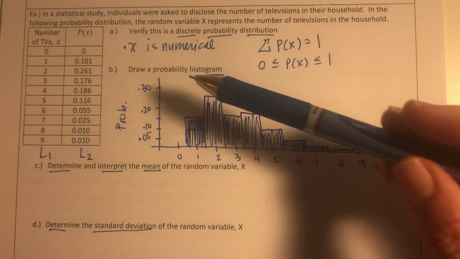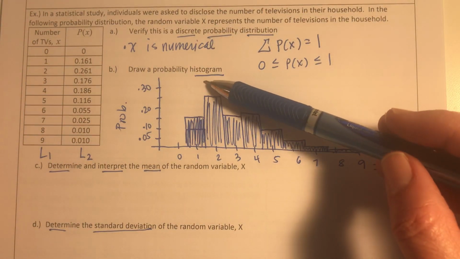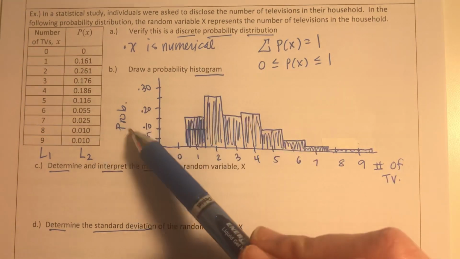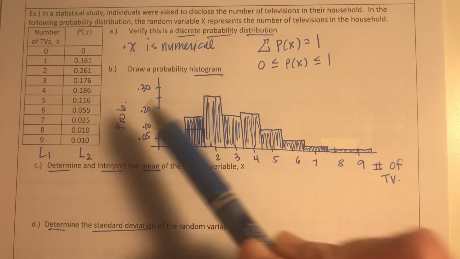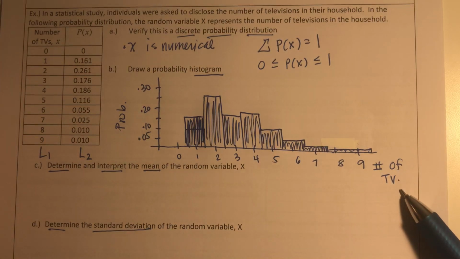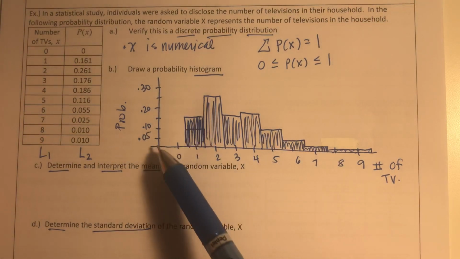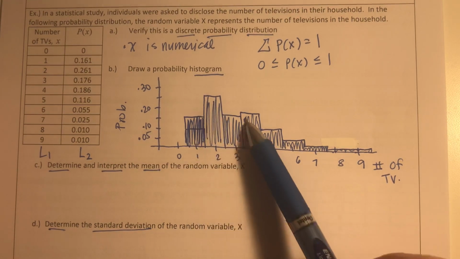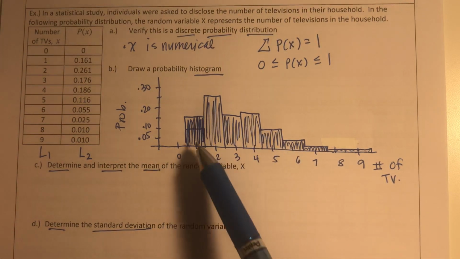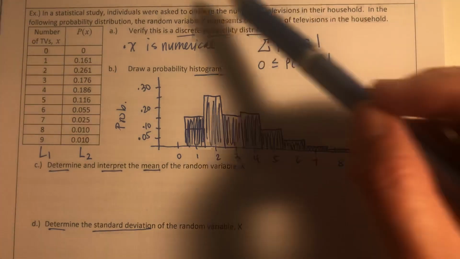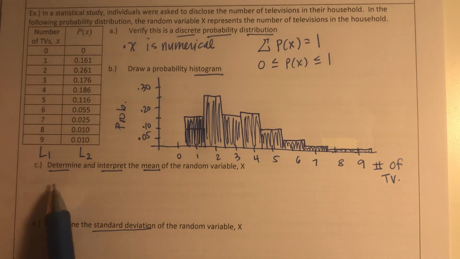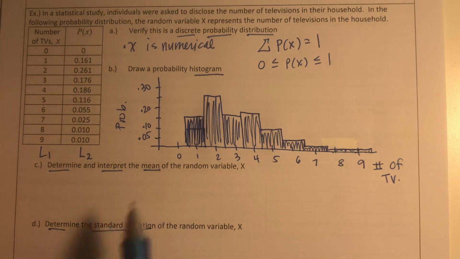Next thing says to draw a probability histogram. With histograms, the bars need to be touching. So we have the probability on the vertical axis, and we have the number of televisions on the horizontal. And if you notice, we're going to draw our vertical bars up to the height of the probabilities that we have for each of these. So take a second to pause the video and see if you can do all of this on your own and check. Next thing says to determine and interpret the mean of the random variable,